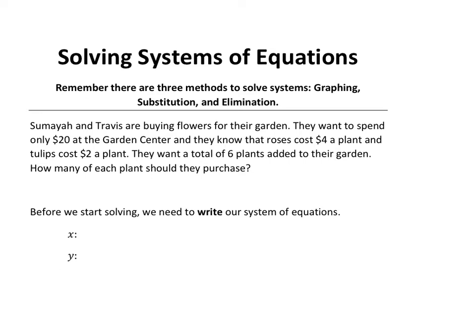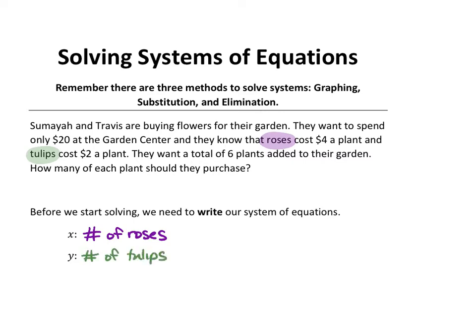The way that we did this when we were learning is that we defined our variables. So let's reread the word problem here and pick out the important things we know. We know that we are measuring roses and we are measuring tulips. So those are going to be the things that we don't know but that we want to figure out the number of. So we're going to let X represent the number of roses that Sumaya and Travis are going to purchase, and let Y be the number of tulips